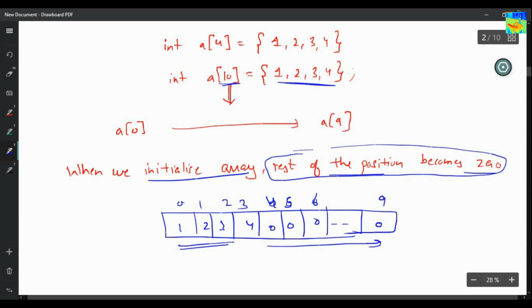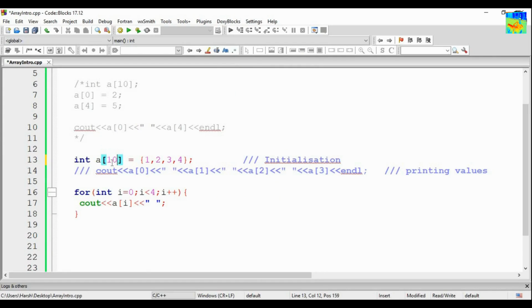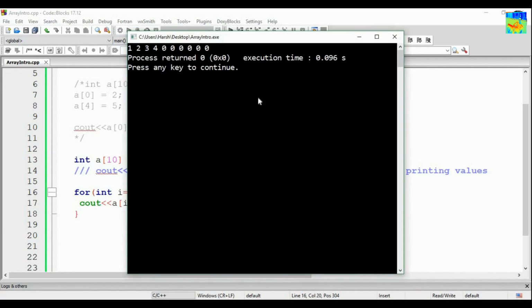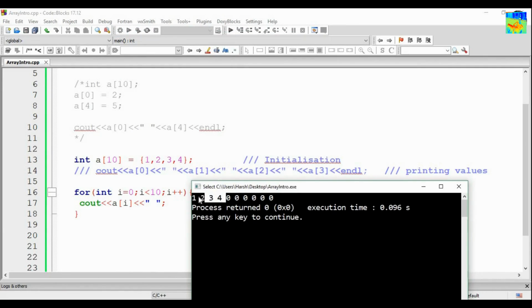So let us test it. We have made an array of size 10, and I have only given 4 values. Now let us print the array. So from i equals 0, i less than 10, i plus plus, cout a of i. You can see here 1, 2, 3, 4, these values we have given, and the rest of the 6 values have become 0.